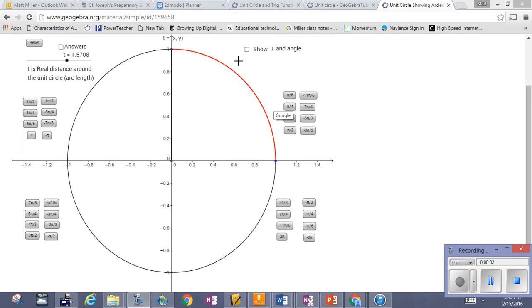Okay guys, here we go. We're going to share with you this applet from GeoGebra, and I'll post a link for this as well. Okay, and what I have here is the unit circle, and we're going to restrict ourselves to looking at